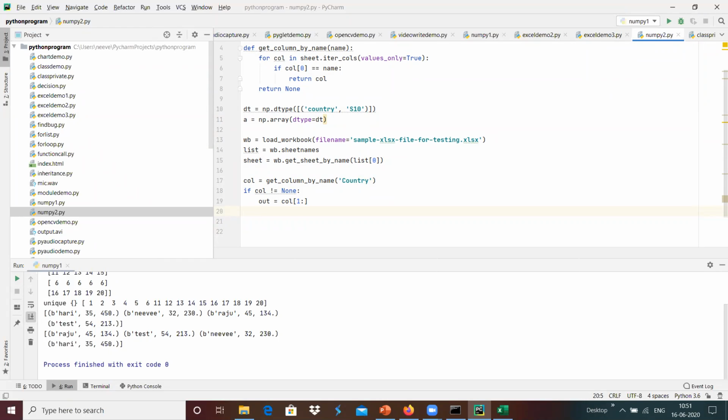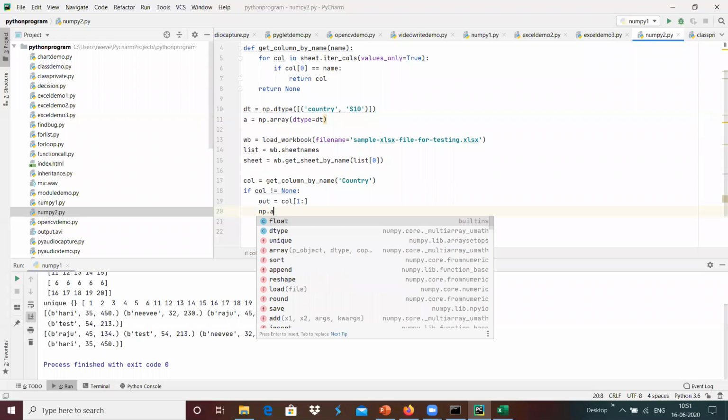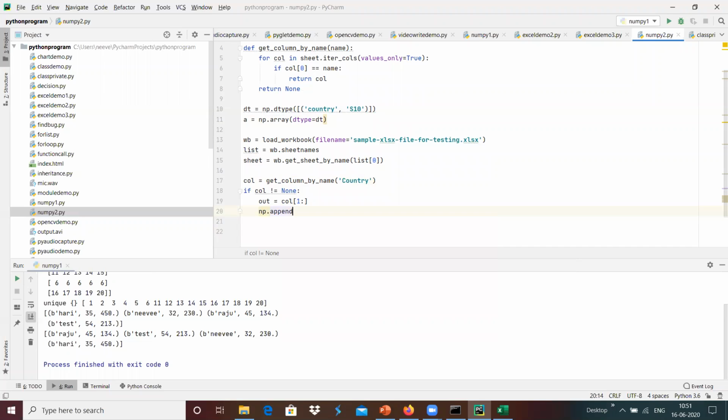Yeah, we got the values, the output list that we have. Maybe we can append that into this value over here, np.append, with the data type, maybe out over here, a comma out, that we can append over here.